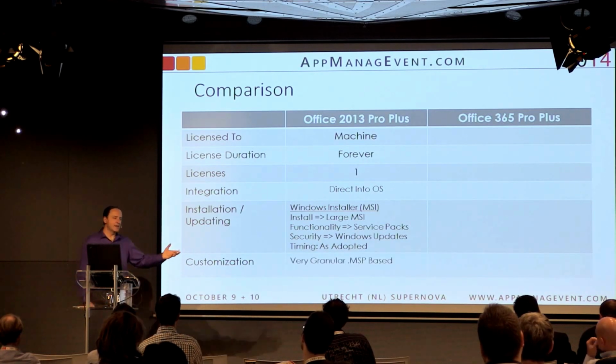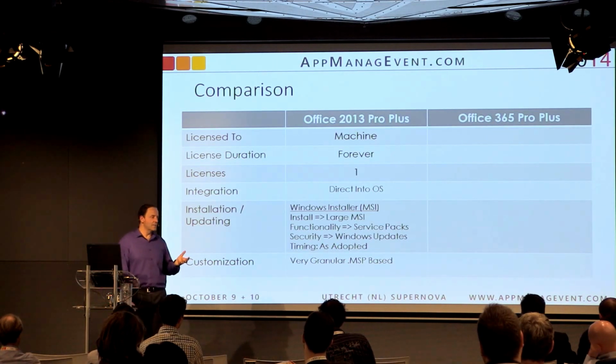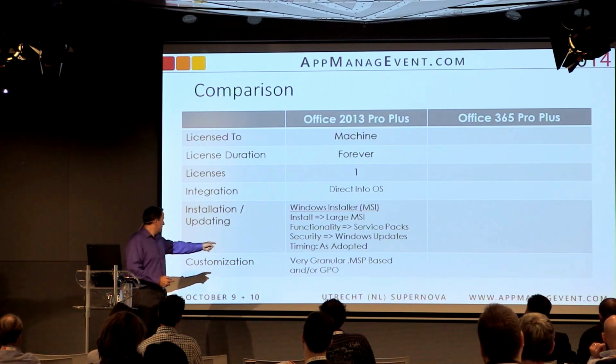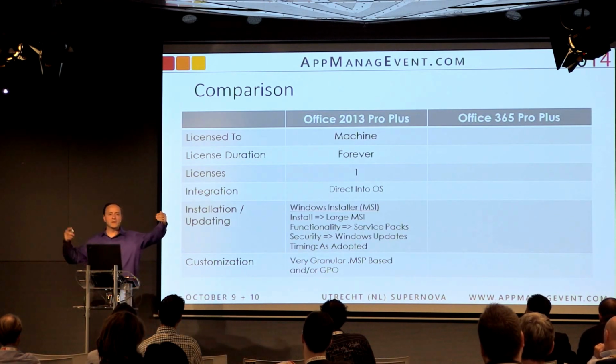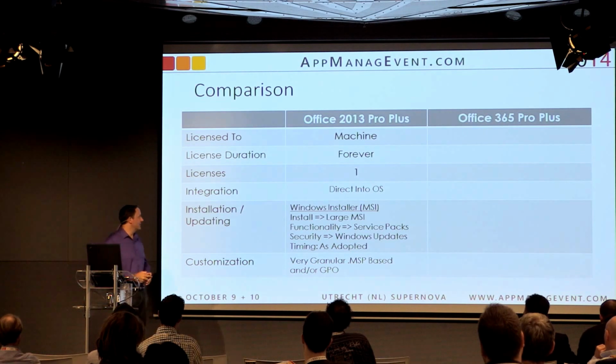Customization is very granular. You can do almost anything through the Office Deployment Toolkit for MSI, for Office. You can add new stuff on. Very granular what you can do here. And you can use GPO in 2013. So one cool thing about whether you're deploying MSI or Click to Run or a mix is you can manage the group policies that are common to both just through one set of group policies. So that's pretty handy.